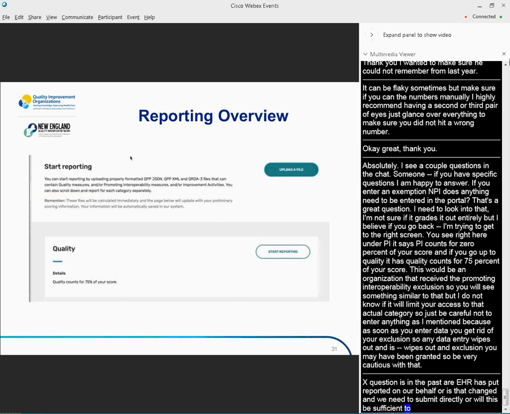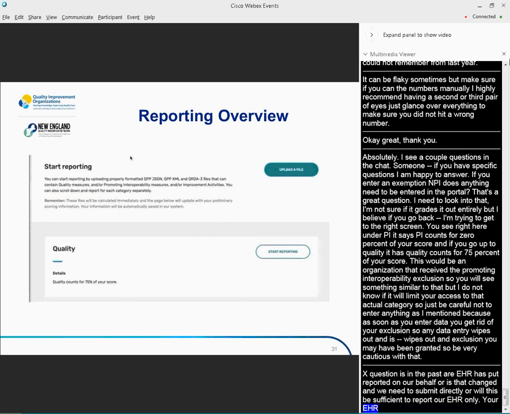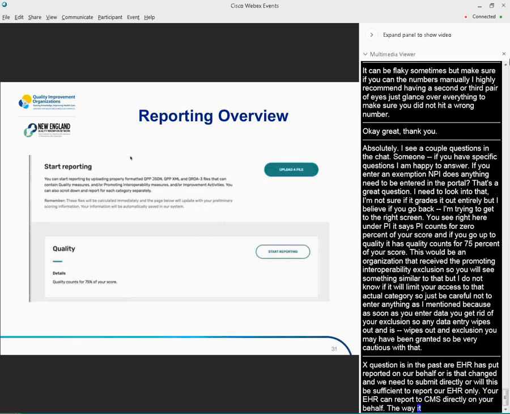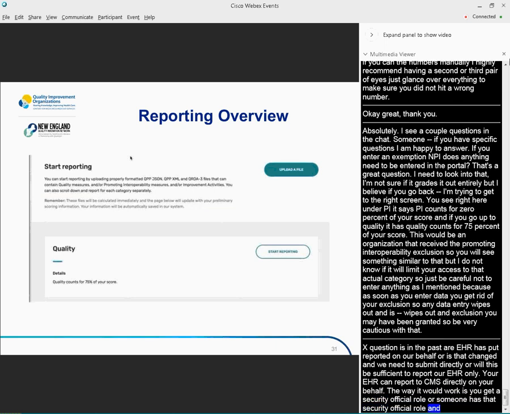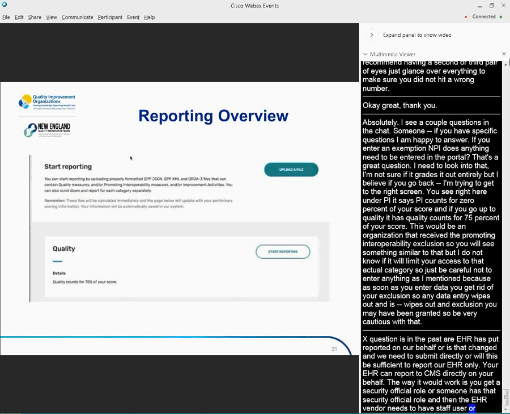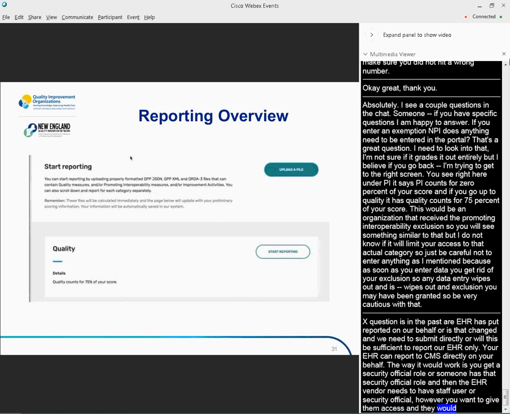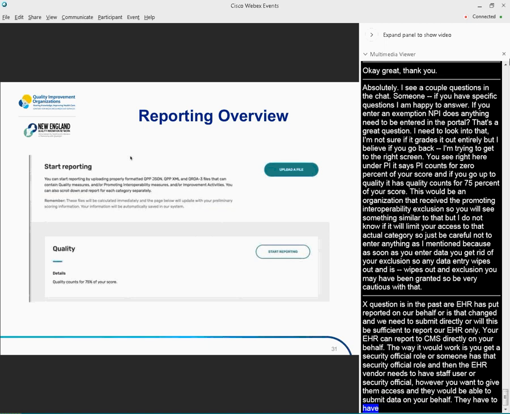Someone within your organization would need to have the security official role to get into the portal, and then the EHR vendor would need to have either staff user or security official access, however you want to give them access, and then they would be able to submit data on your behalf. They have to have access to your portal through the HARP, or if they're grandfathered in, through the EIDM process, but they would have to have access to your portal to submit the data.